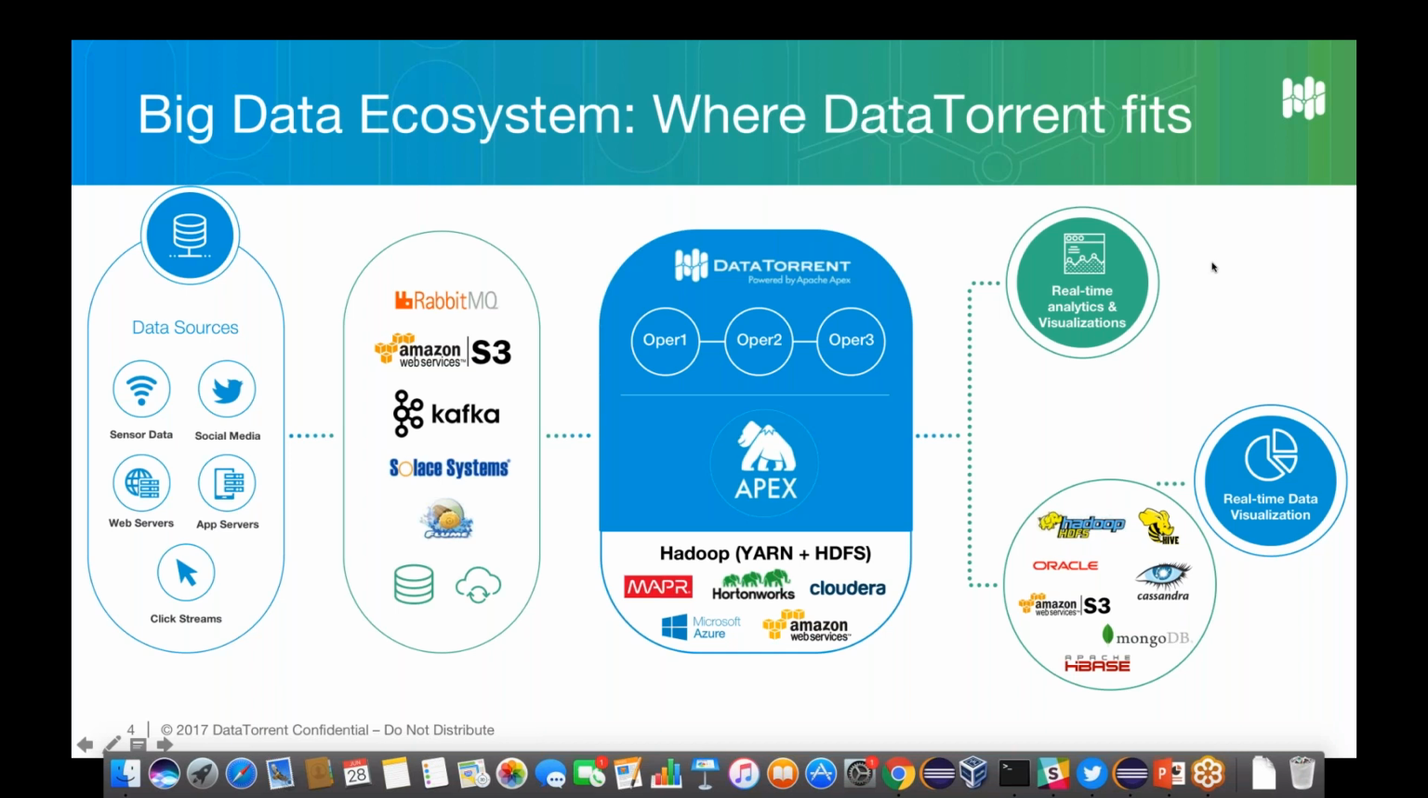So to the right of these message buses or message brokers, we have the DataTorrent box. The DataTorrent box, starting from the bottom, has Hadoop, which has both YARN and HDFS. On top of Hadoop, we have this layer called Apex. Let me give you some background of Apex. DataTorrent developed Apex starting in 2012, and in 2015 we open sourced